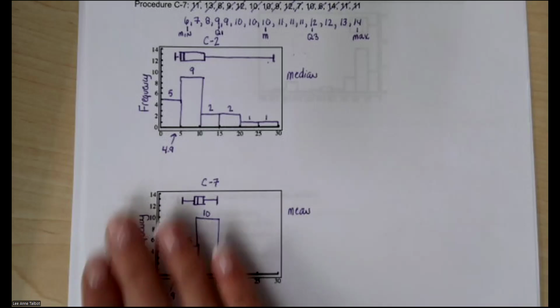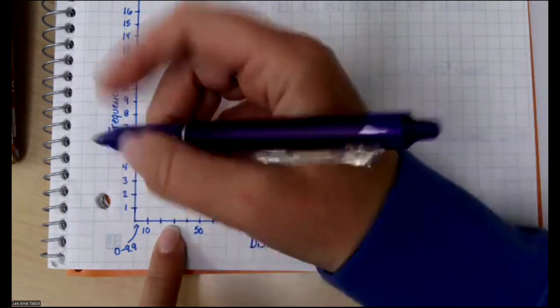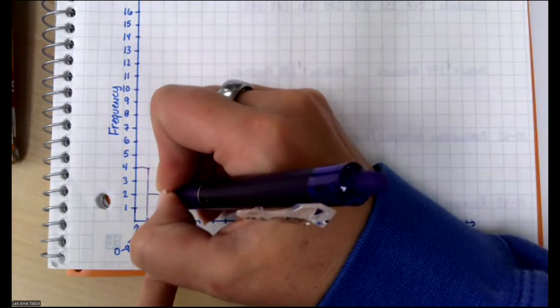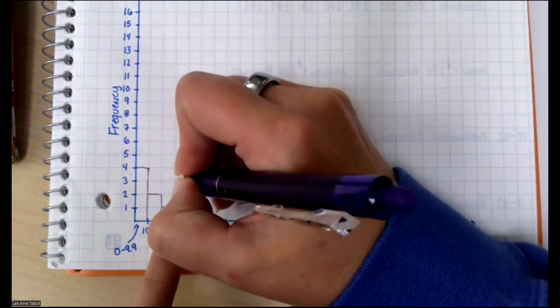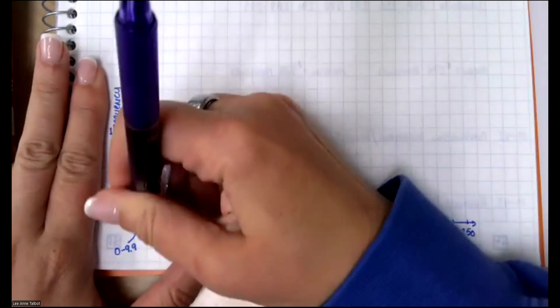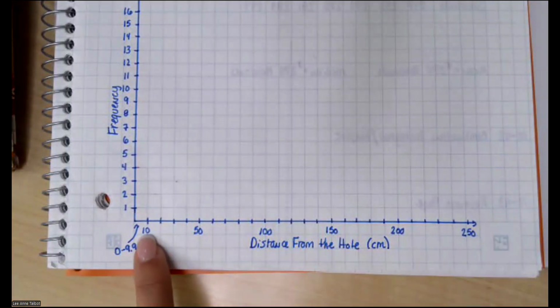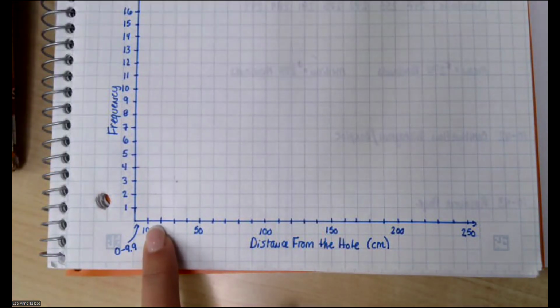And what I want from your penny data is something like this. However, I need you all to pay attention to something very important down here. These bins go by fives. The width of your histogram should be 1 graph paper square. Does this make sense? Do not make giant fat bars on your histogram. They should all be 1 graph paper square. So this is 0 to 9.9 and 10 to 19.9. Do you understand of which I'm speaking?